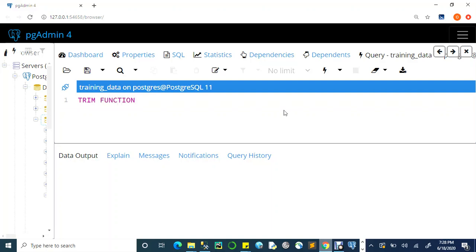This is one of the many string functions that we have. Trim function is an example of the many string functions that we have. So what exactly does this do? A string function, a trim function. What does it do? Let me comment this. So let's say